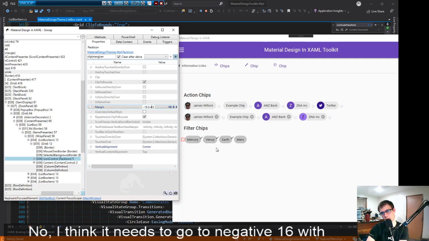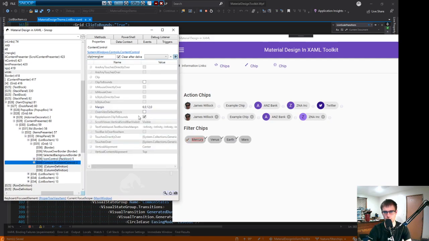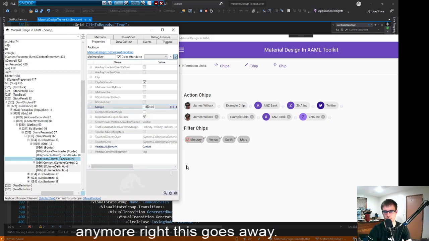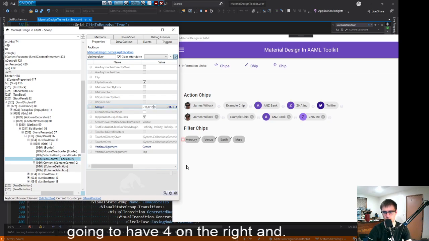Something like that. That way it can slide in. And if I put the 4 here, actually I don't even need the 6 here anymore. This goes away. And so then if this guy's going to have 4 on the right and go to -16, I then take that 6 and put it as 10,